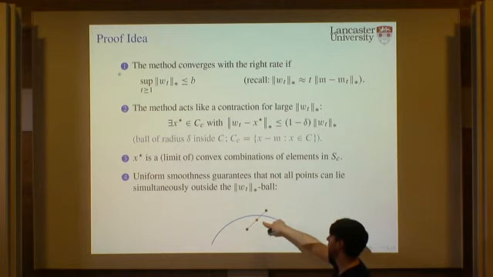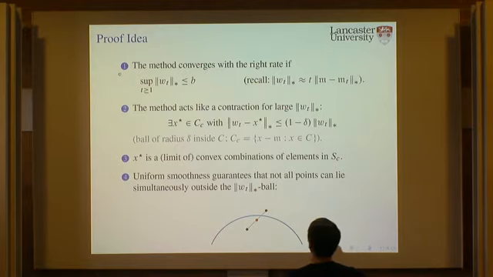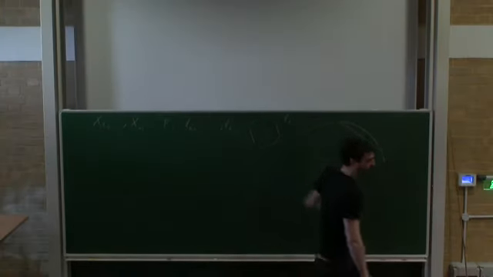This has norm WT times 1 minus delta. This point here, if I would choose this S, I would get a larger norm, so I wouldn't get a contraction. But this point here reduces the norm. What I need for this one, or why I need smoothness for this one, is this: